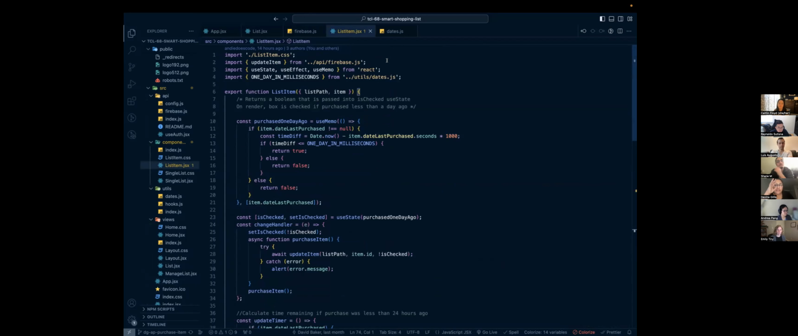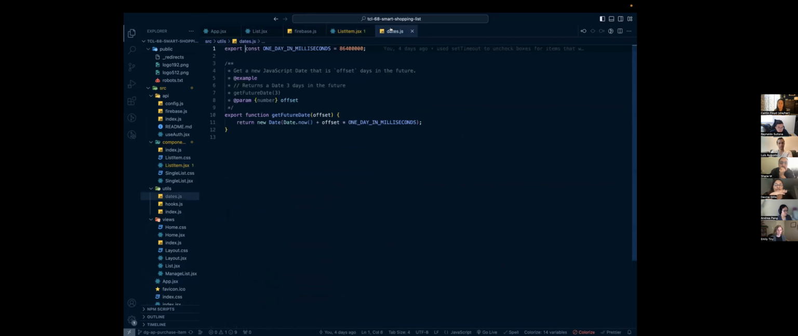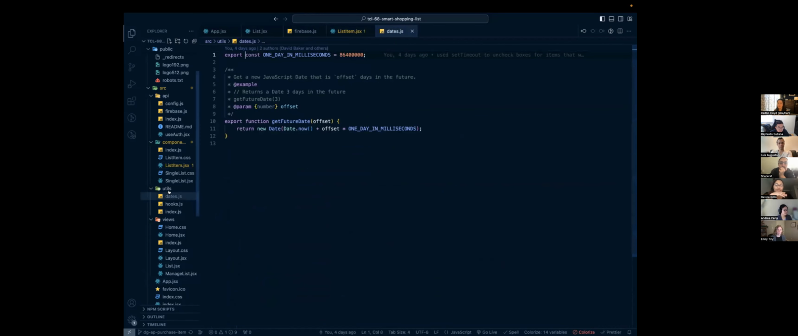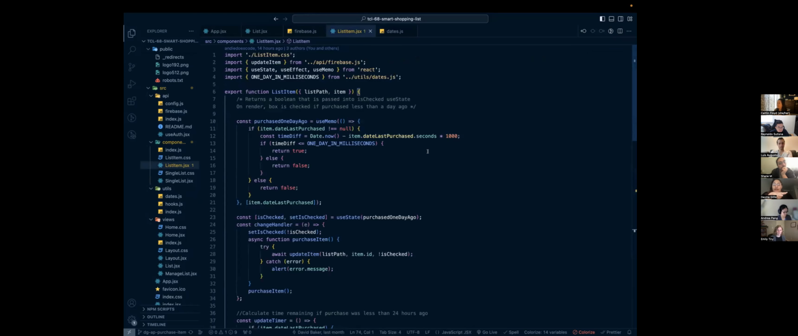So here we imported the update item function. And from the dates file in the utils folder, we imported this 1 day in milliseconds, so that we had a way to reference how many milliseconds were in a day. So here you can see we passed in that list path. And then,